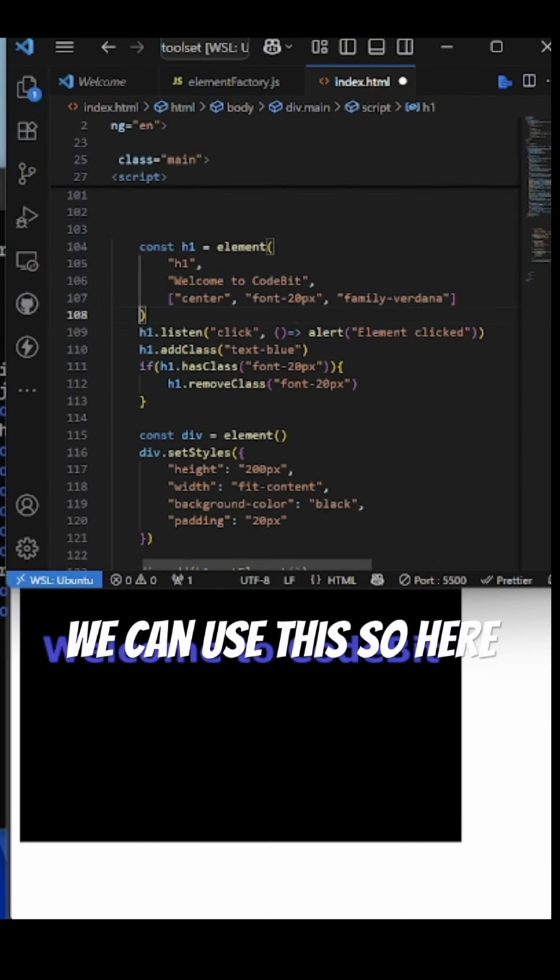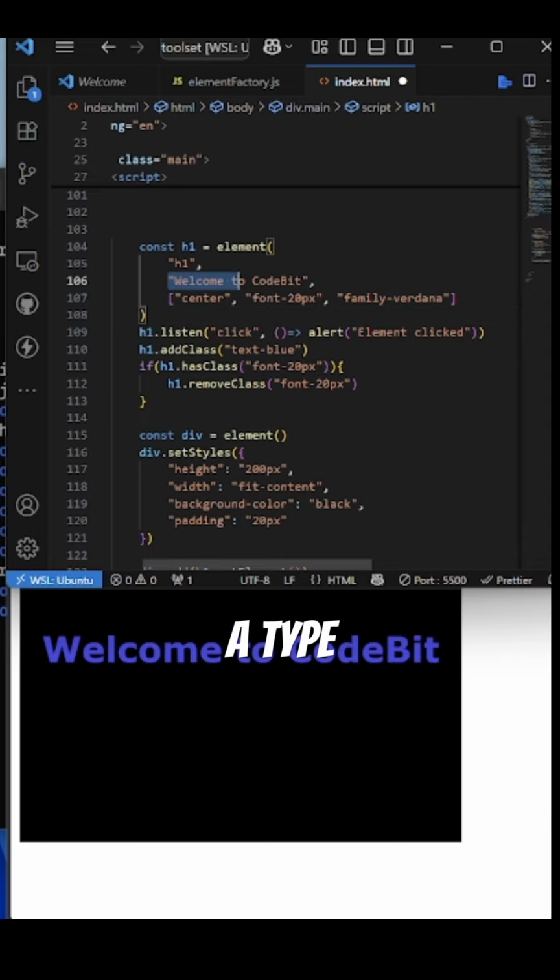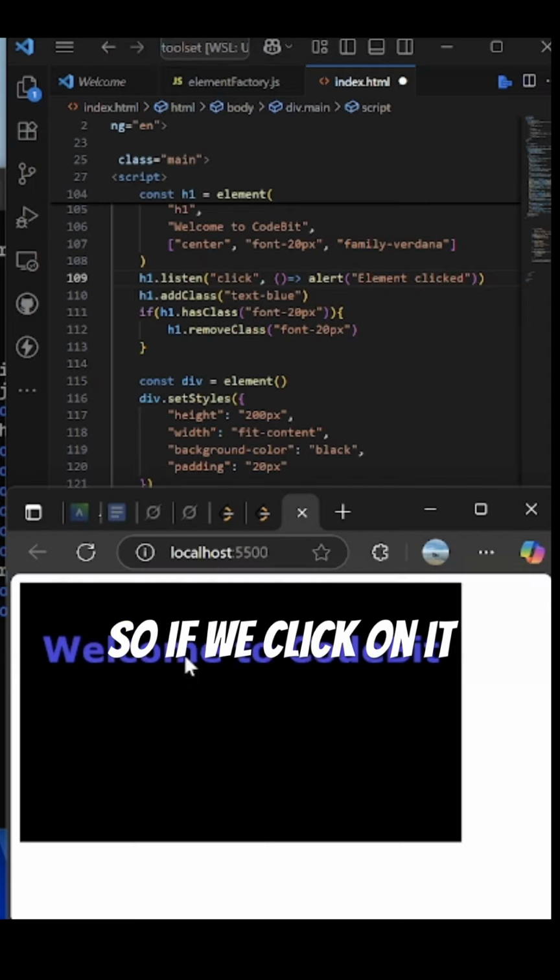And here's an example of how we can use this. So here we're making an h1 element, and we're calling our element function, passing a type, text, a couple styles, and then we're adding an event listener. So if we click on it,